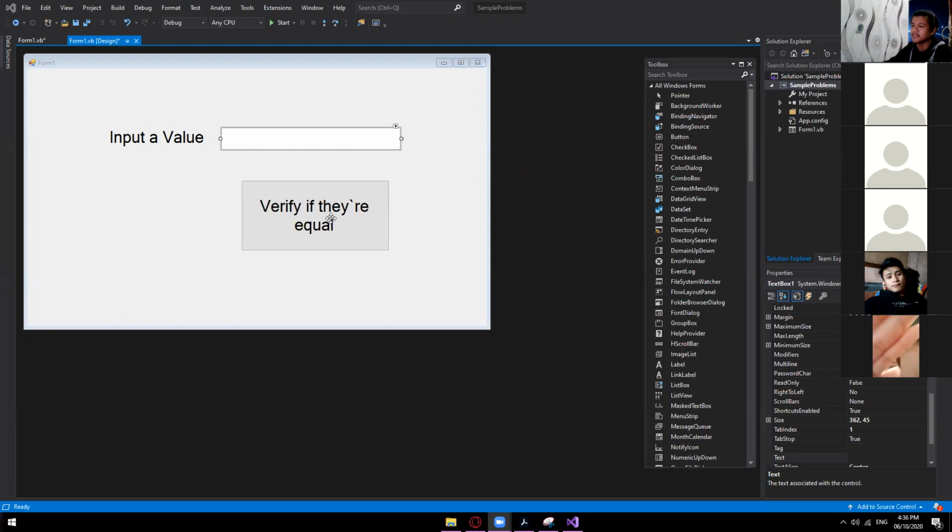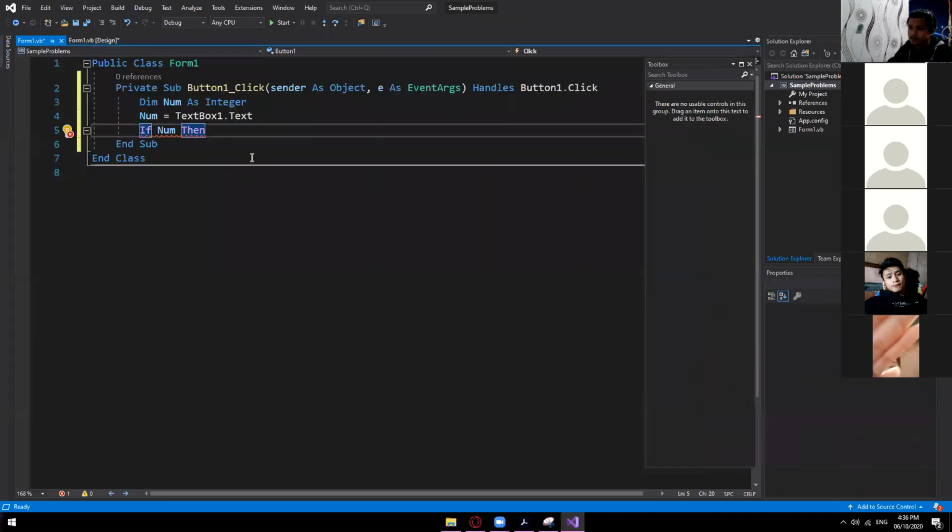Alright, so an idea, paano natin mabe-verify kung even ba or odd number yung ilalagay nating number? If num, so gagamit tayo ng function